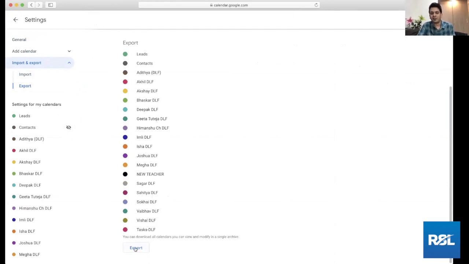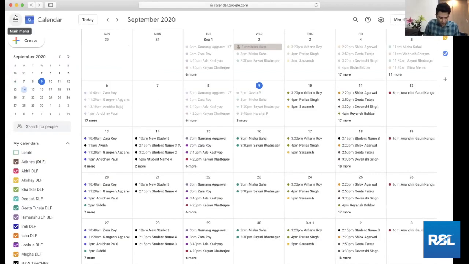You can import those calendars seamlessly into any Google Calendar in a flash, as long as you don't have to add more data to it. This is not exported in a CSV format. It is exported in an iCal format, so that's going to be a different file, and the data is not really editable easily by us. So that is the end of the Google Calendar part of it.